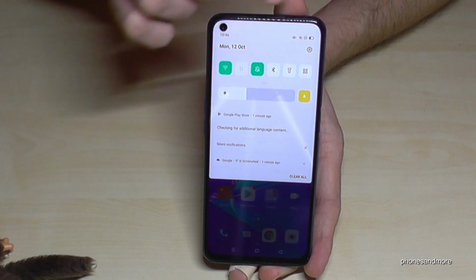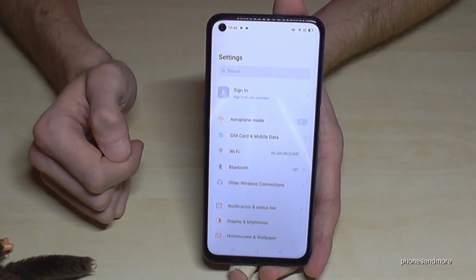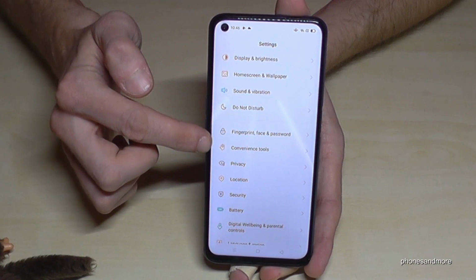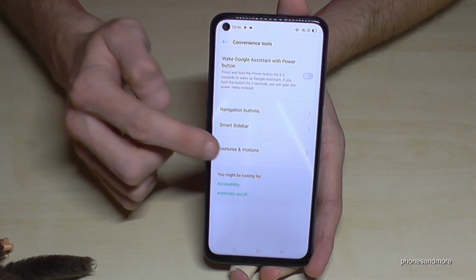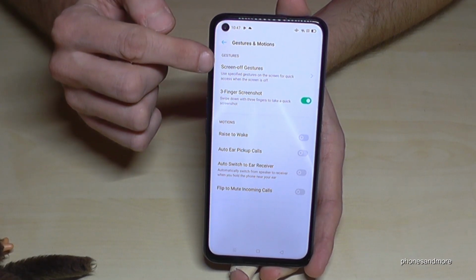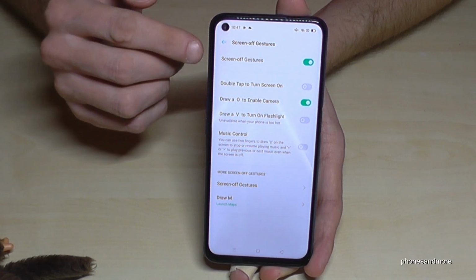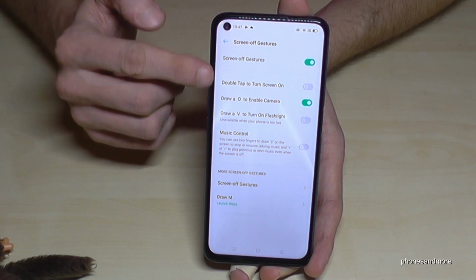So just scroll down here, then go to the symbol for the settings. And then we have to scroll down to the point Convenience Tools. And here we will need the point Gestures and Motions. So the first point is the off-screen gestures. I've enabled it already, you have to enable it first,